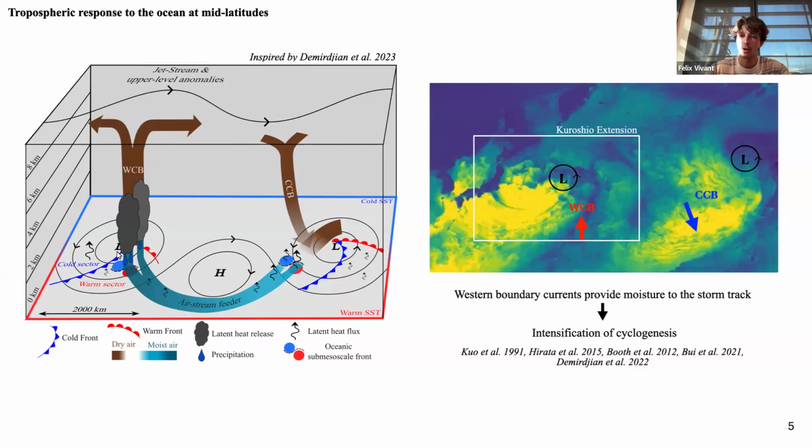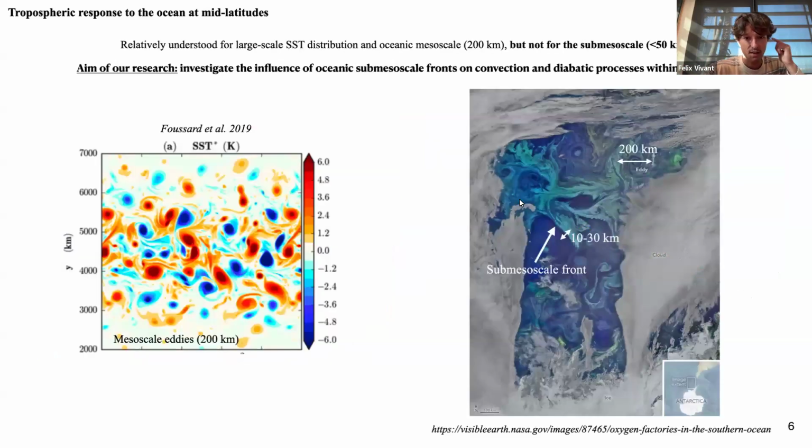Within the warm conveyor belt, there is the rapid rise of warm and moist air parcels that condense into liquid and ice. And so it results in cloud formation and precipitation. The influence of western boundary currents on this hydrological cycle is known to intensify it, and so the storm track. As I said, all of this is relatively well understood for western boundary currents,